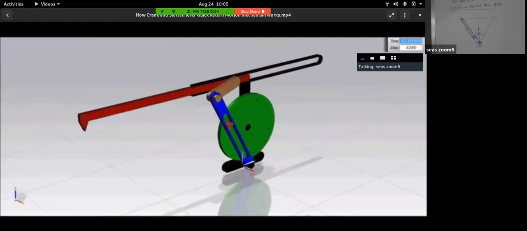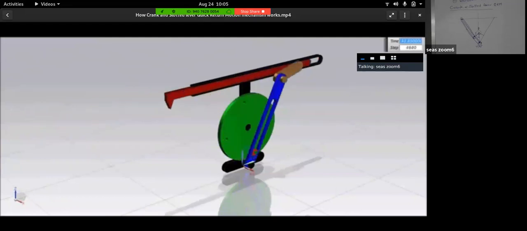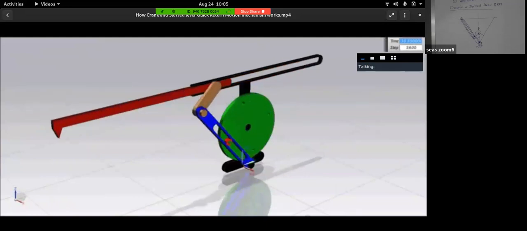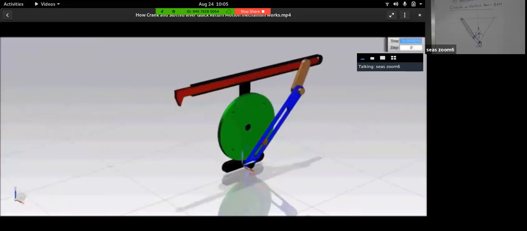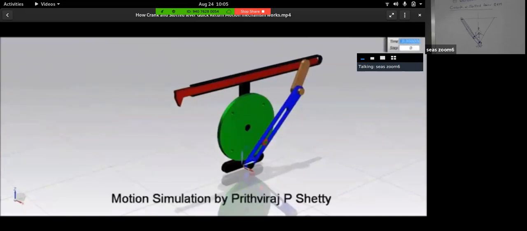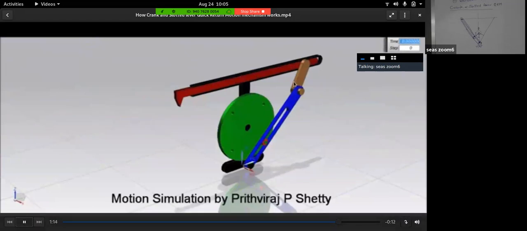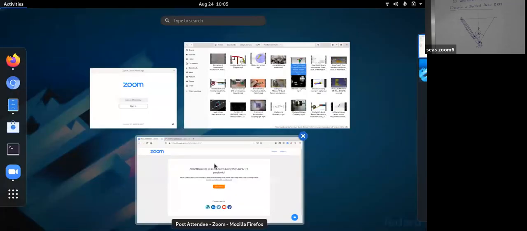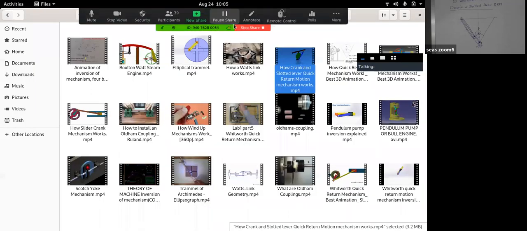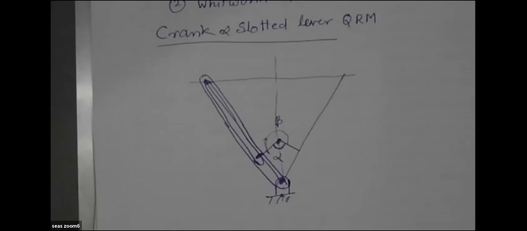So the same mechanism is actually used in shaper machines and slotter machines, ना? और इस तरह की बहुत सारी mechanisms हैं जहाँ पे ये use होता है. If you want to see, you can just visit the fabrication shop. So this is what I'm just trying to draw here on this page, that this is the crank and it rotates.